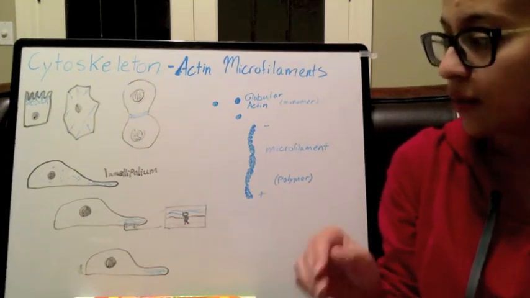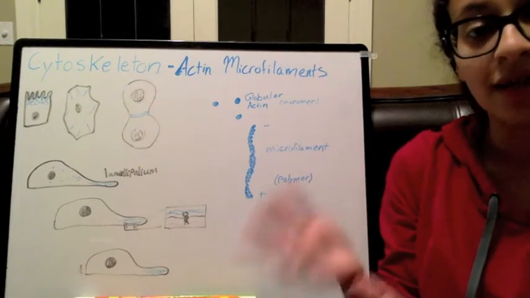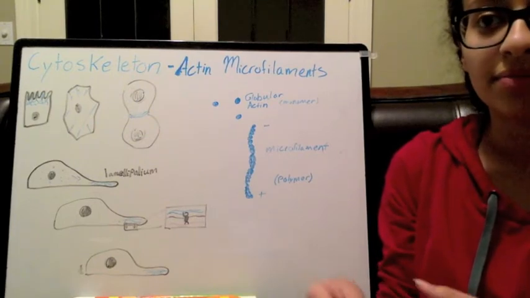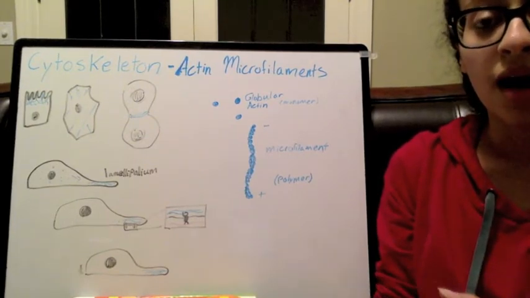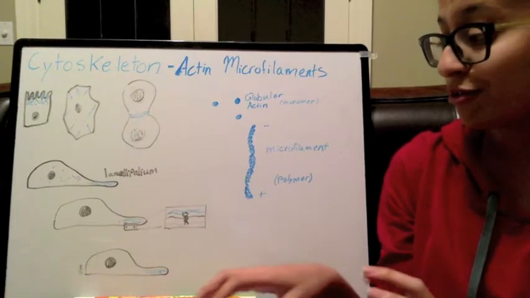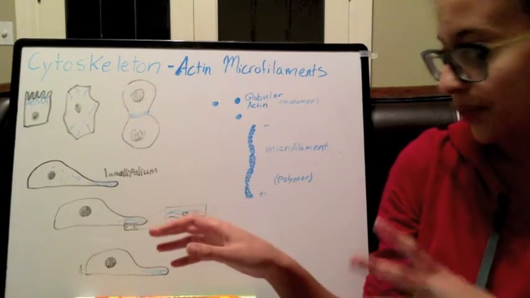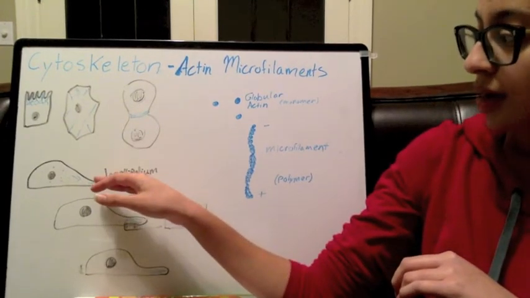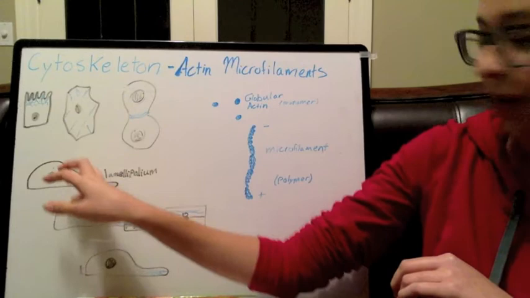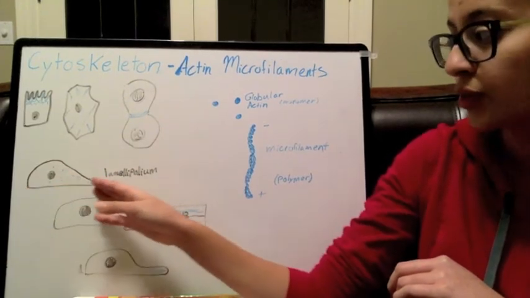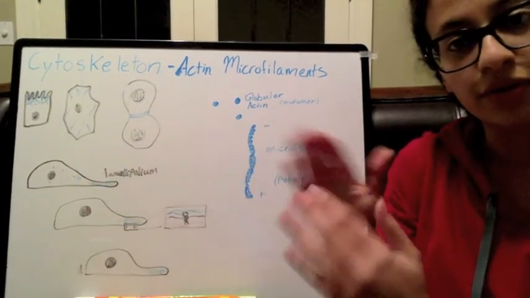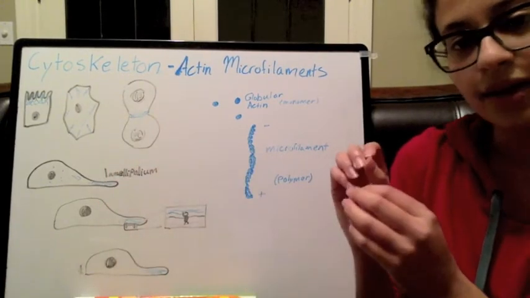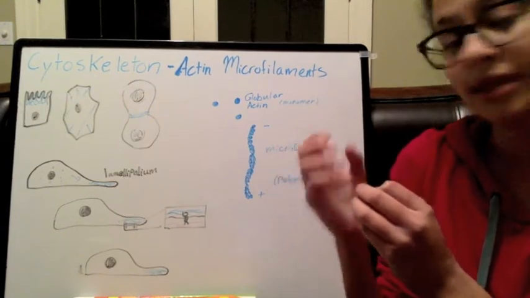So say you had a cell that doesn't have cilia or flagella, so it can't swim if it wants to move. Maybe it could be an amoeba or a white blood cell, and it's trying to crawl on the surface. Well, it needs these actin microfilaments. So what it does is all the globular actin within the cell is going to move towards the front of wherever direction you want to be moving in, and then they start to add on to the plus side of